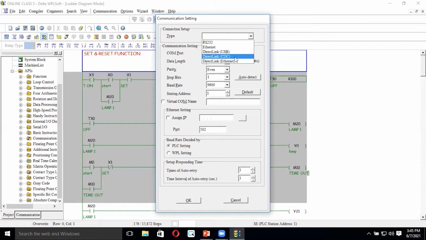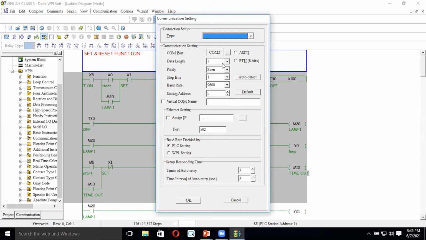We use direct link CDC when we connect the HMI: with one cable from PC to HMI, we can easily communicate the PLC program as well as the HMI program to the HMI. So in this case we are using direct CDC.